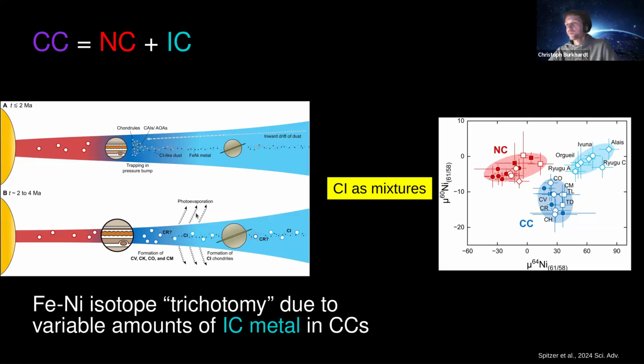And we propose that this might indicate that they formed by photoevaporation instead of accretion in the pressure bump where the other chondrites formed. So the special composition of CI chondrites might be a signature of a special formation scenario for these bodies, as the last bodies formed when the disk is disappearing.